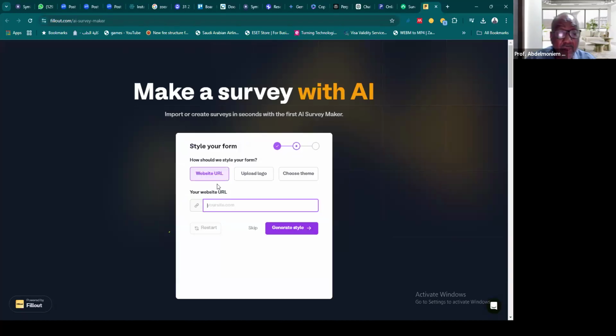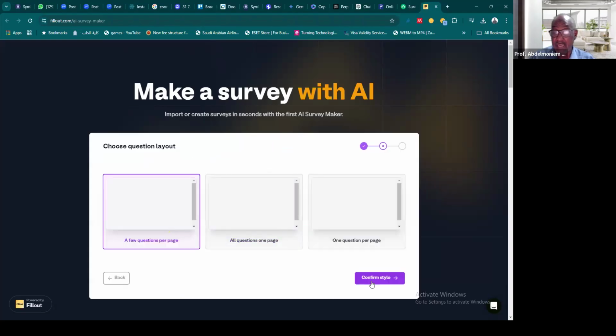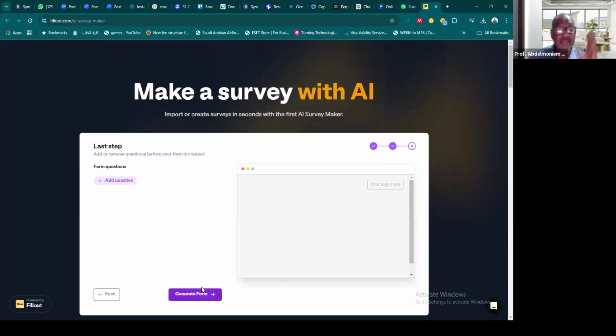Generate survey. Then it asked me, how would we style your form? So you can style your form, and you can add your website, and then you can skip all of this and say, confirm the first style, generate the form.